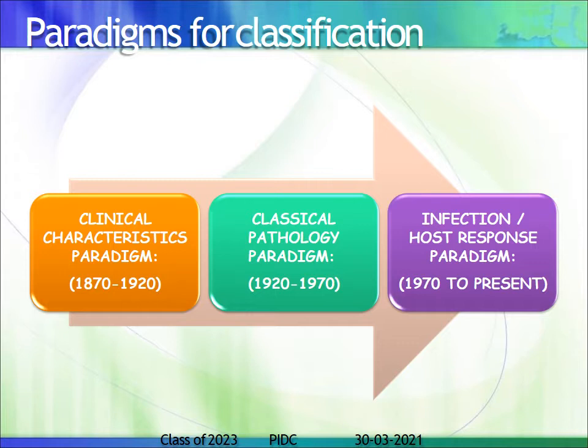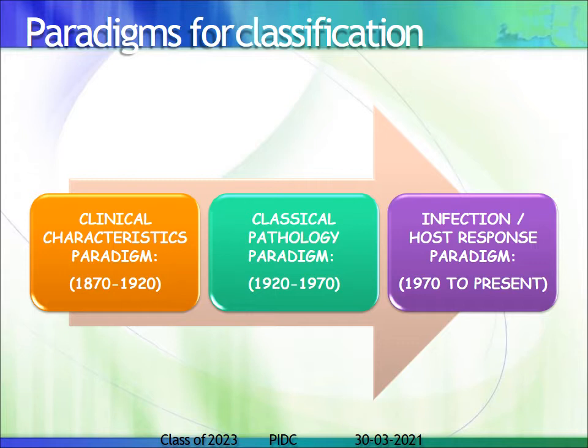There were certain groups which went in for classification. Initially the classification was based on the clinical conditions of the patient. For example, if there was bleeding gums, they would say it is gingivitis. So initially they found the clinical characteristics of the patient and classified accordingly. But later they found out that there was some pathology underlying in them. Pathology in the sense that there is some bacterial action going on, some pathological lesions occurring in the gingival diseases, and therefore the disease status occurs and it has to be classified accordingly.